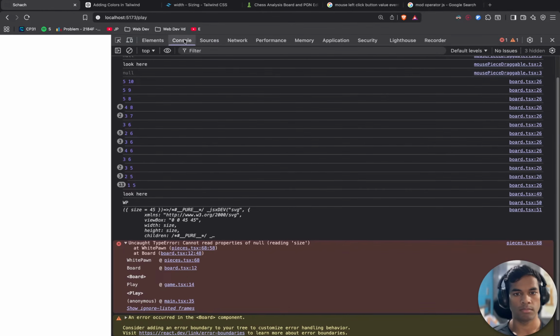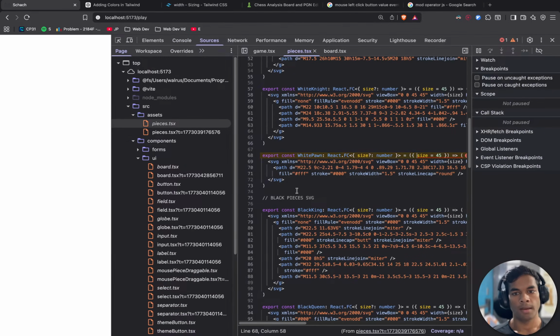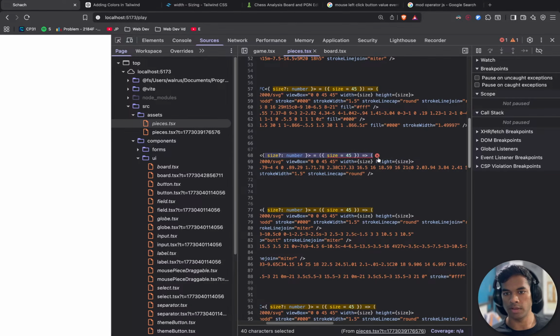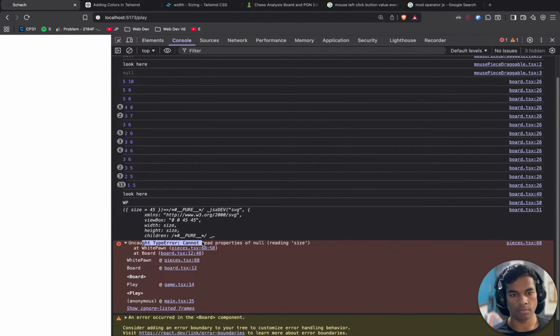And then, yes, here. Why this error? Cannot read properties of null, reading size.